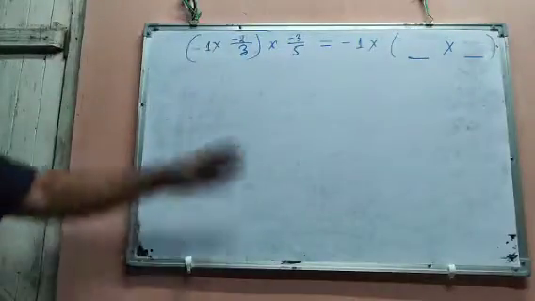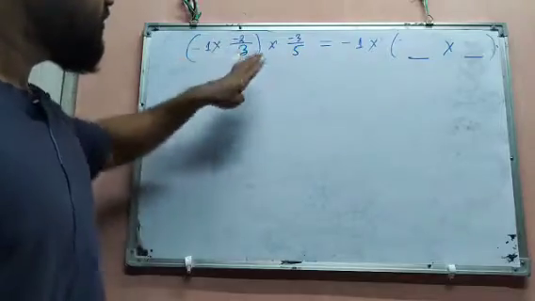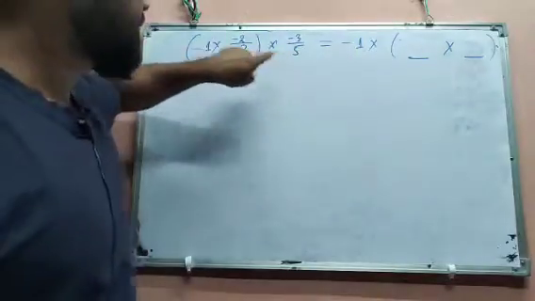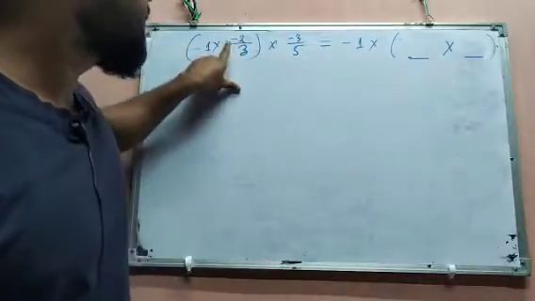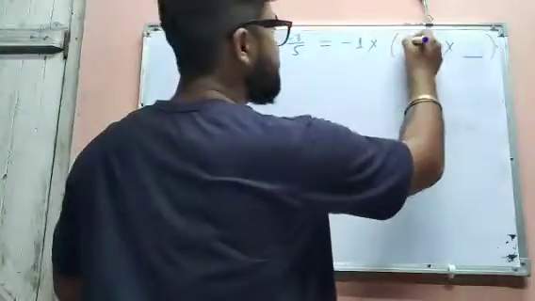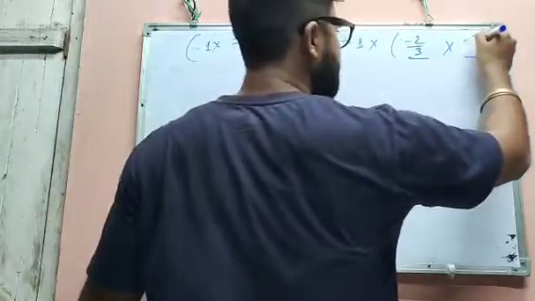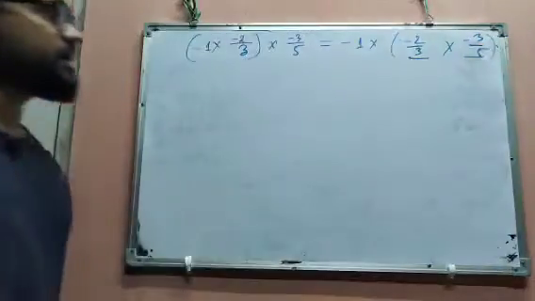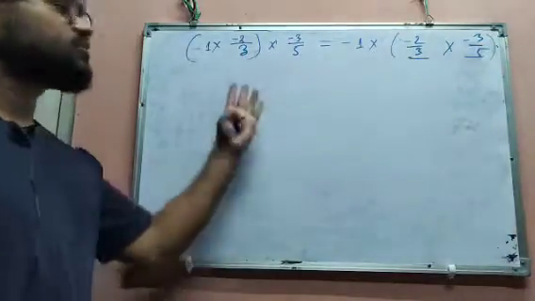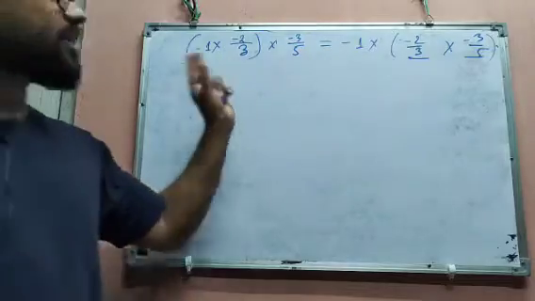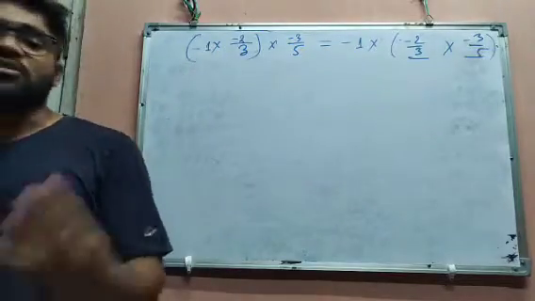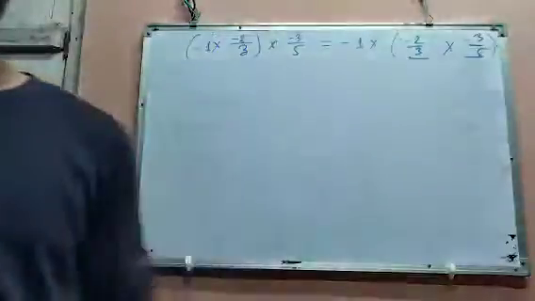Okay, the same grouping we have to do here. What will become? Minus 2 by 3 is there, so it will become minus 2 by 3, and here minus 3 by 5 is there, so it will become minus 3 by 5. Okay, so this is how we have to do the fill in the blanks part by using the associative property, commutative property, or whatever property we have been given.